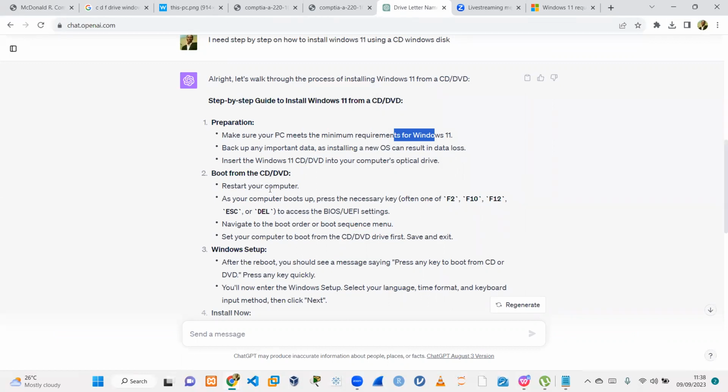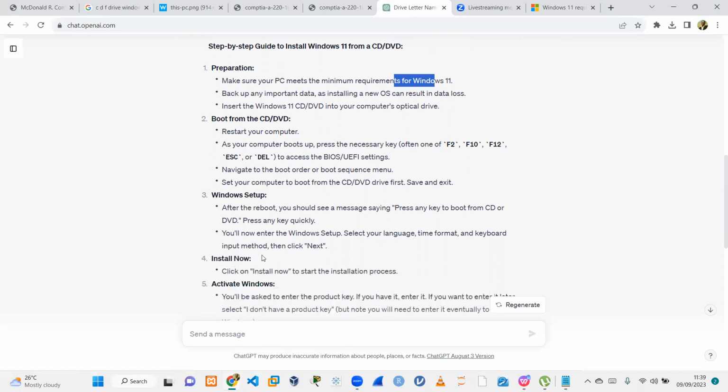Now, you need to set up boot. Restart your computer. Once you start up your computer, you want to make sure that you go to BIOS and make sure you select CD to be your first boot. We've talked about this a while ago. Then after the reboot, it's going to come up. Once it boots up, after you have selected that it should boot from CD,